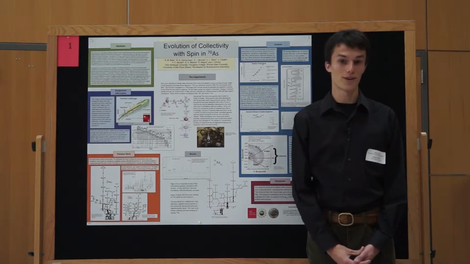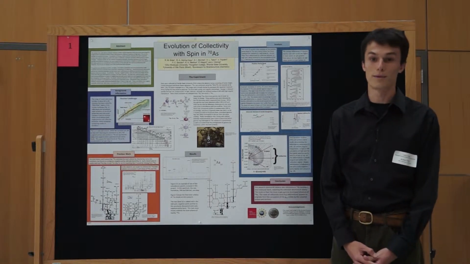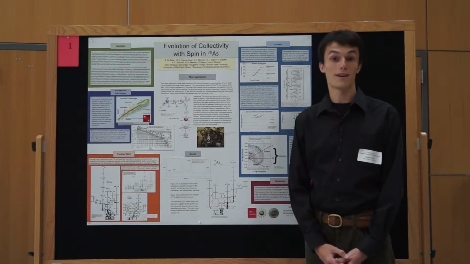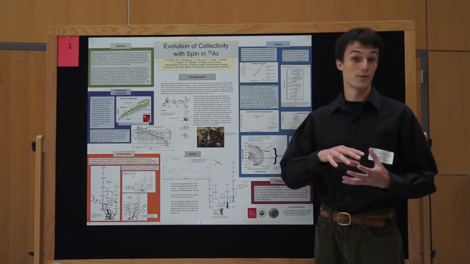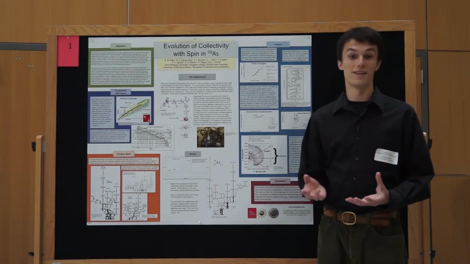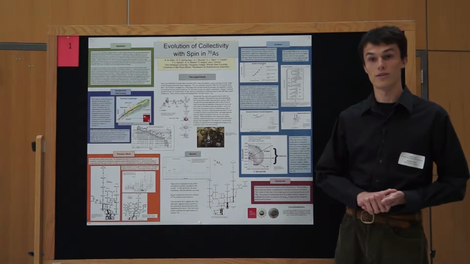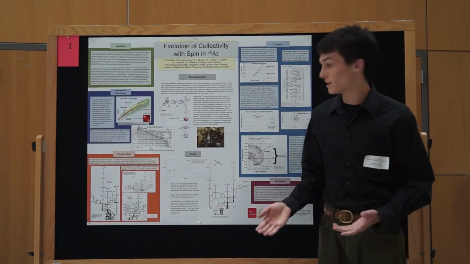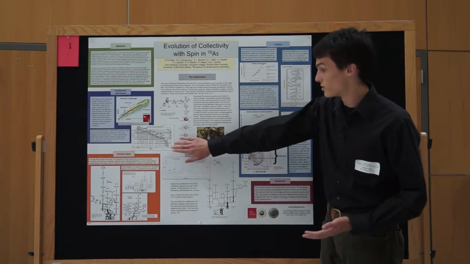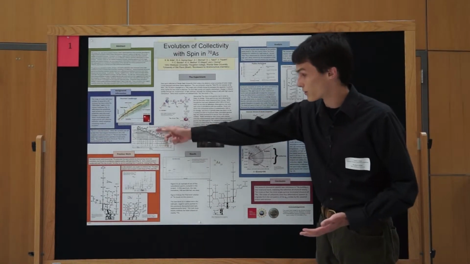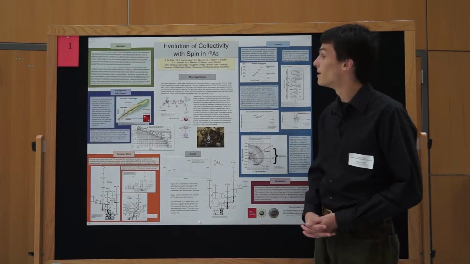Arsenic-70 is a proton-rich odd-odd nucleus. That means it has an odd number of neutrons and an odd number of protons. This is significant because protons and neutrons pair off with one another, which reduces the net spin of those pairs to 0. So since there's an odd number of protons and neutrons, they have a non-zero net spin, and this causes a more chaotic level scheme, especially at low energy, which you can see here, with all these vertical transitions happening throughout the low spin level scheme.